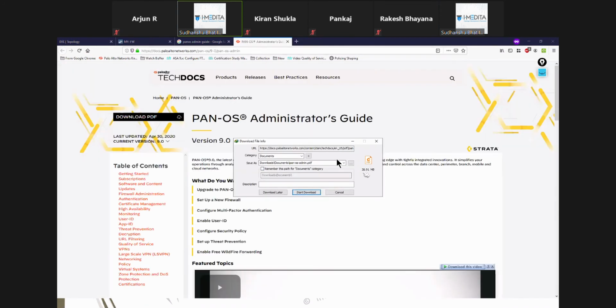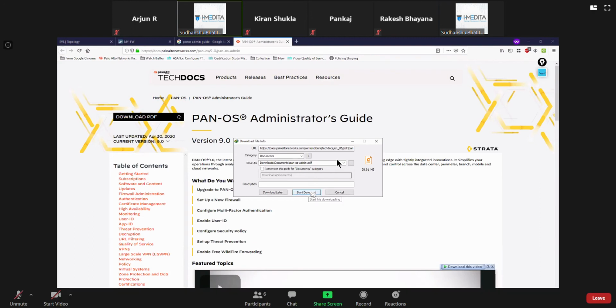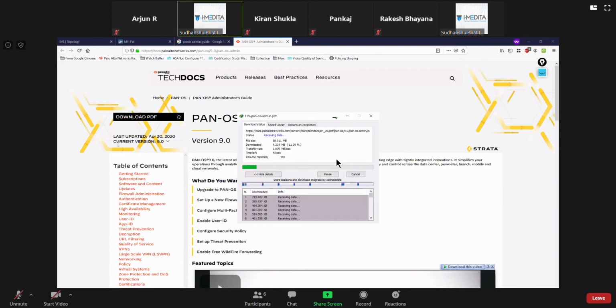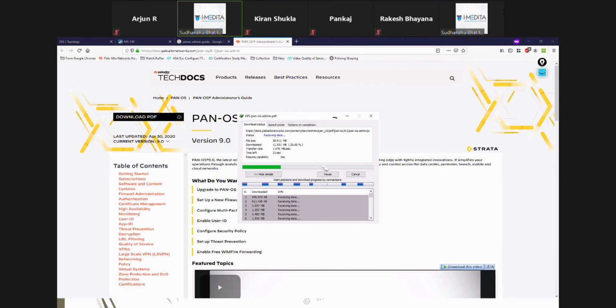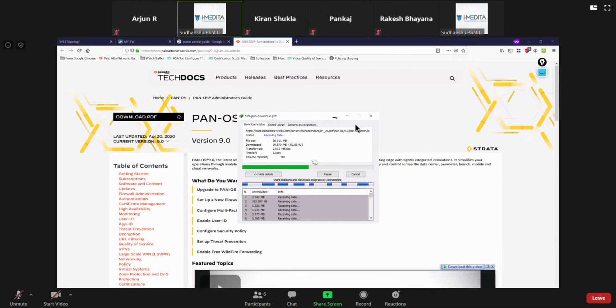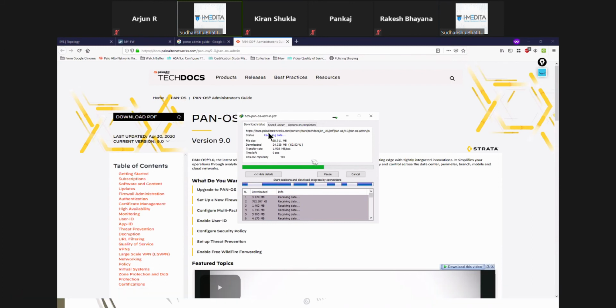This is a very long book, like 38 MB. Again, download it for version 9. Just give it some seconds.